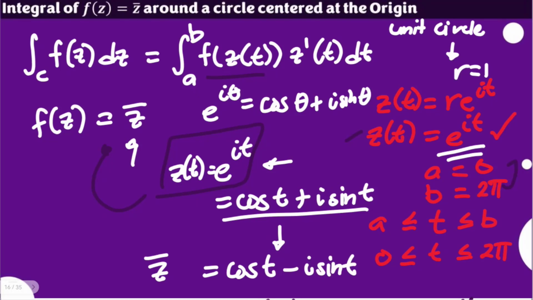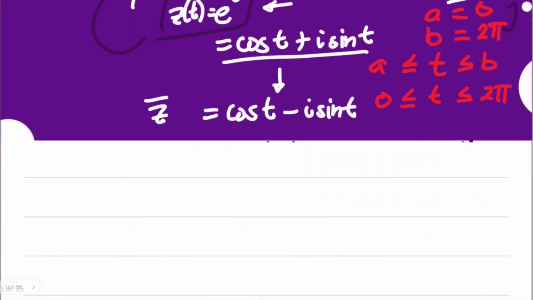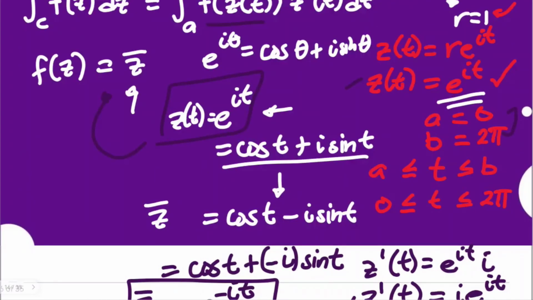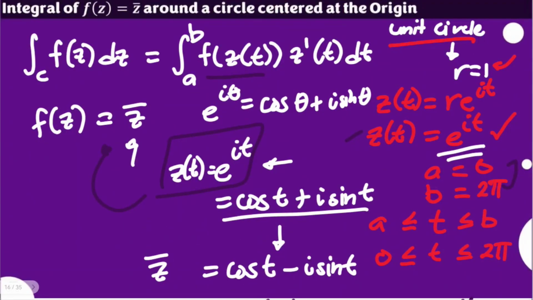around the circular path centered at the origin, where our circle is a unit circle as added here to make sure that your r could be specified with its corresponding value. So this is how we answer this type of situation using all of the rules of integration together with the parameterization of your circular path centered at the origin and the idea of your conjugate.